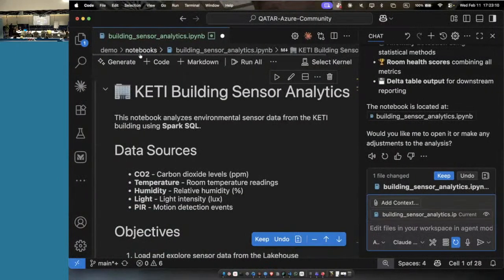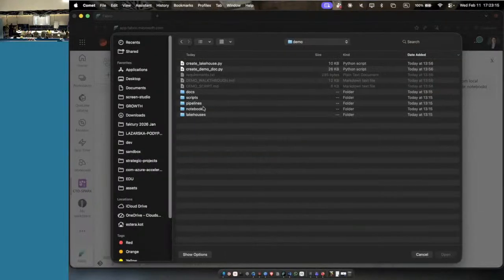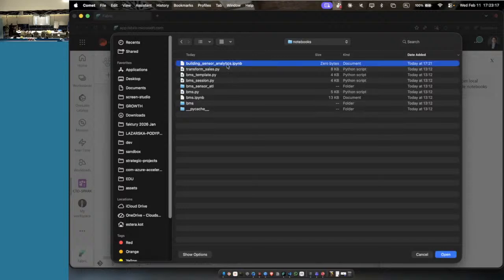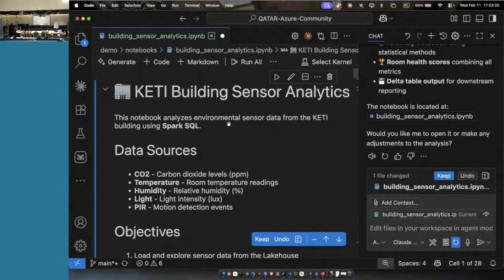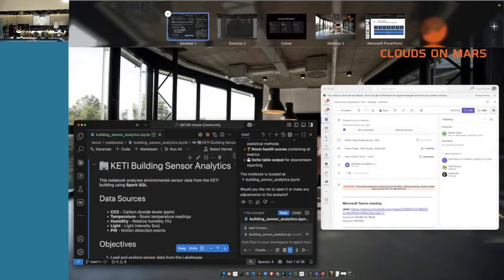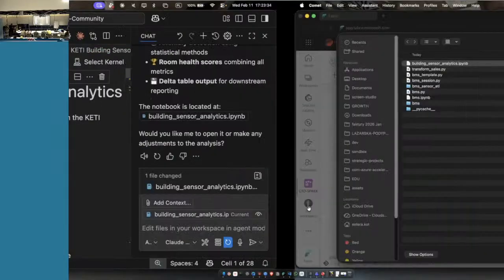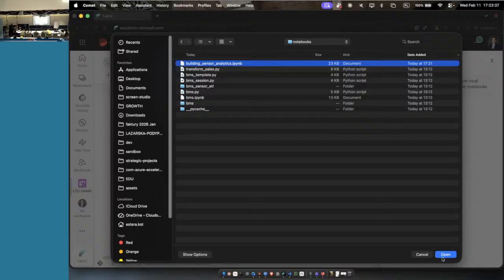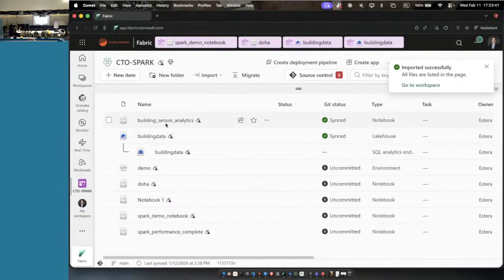Demo notebooks building system, okay. Okay, the time is exactly like that, but the size is 0. Why? Good catch. I need to press Control S. Let's keep. Lovely. Open. Imported successfully.